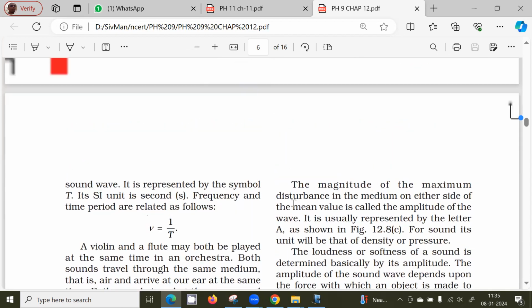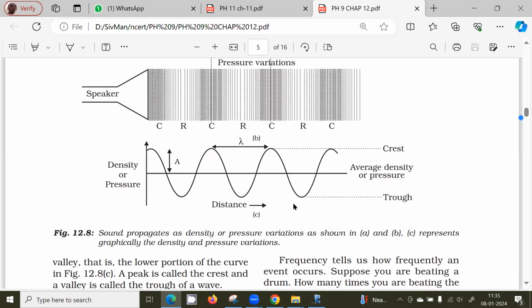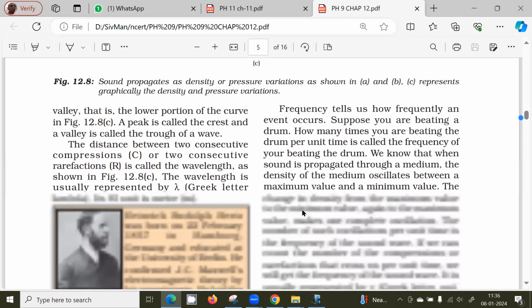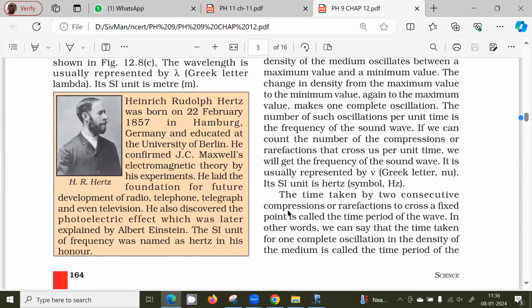So is that clear? To put it another way, sound is a function of both space and time. You can plot it as a variation of space, which gives me the wavelength, the periodicity. Similarly, if you plot it as a function of time, that periodicity gives me the time period, and the reciprocal of that gives me the frequency. And the frequency and the wavelength are related as speed equals frequency times lambda. That's one important relation, right?